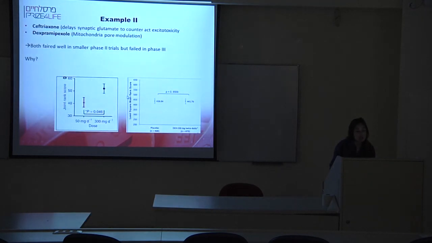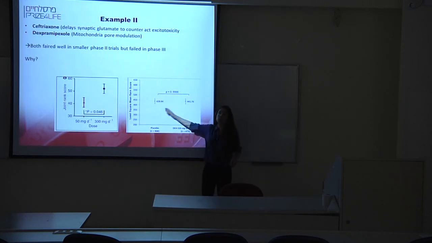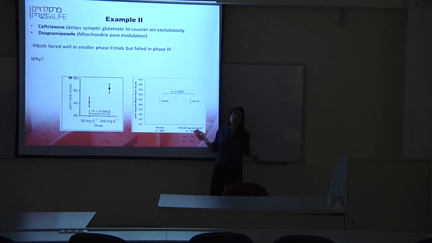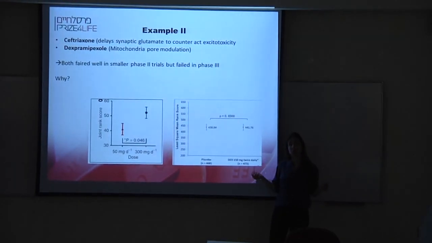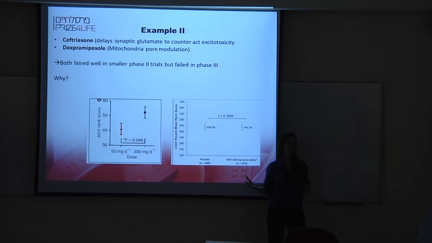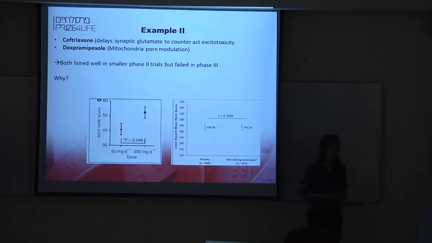So in the ceftriaxone, in the DEX group, you don't see the chart, but here you see that overall there wasn't any difference between the treatment and the placebo group. They were almost completely identical. But there are still patients who feel that they were in the treatment group and were benefited by DEX and are still requesting to continue to use it. What if they're right? What if there is a subgroup of responders for which the treatment is effective, but they are masked by the overall statistics? So what if we can find subgroups for which it is effective?